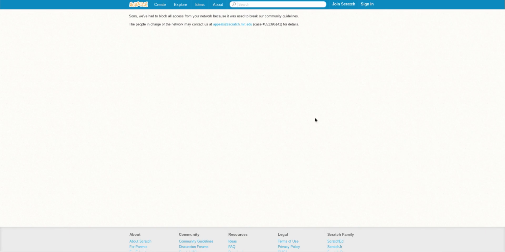Normally it doesn't work at all. It just stays here. So the only way to leave the IP ban is to use a VPN, or you can use the ZenMate add-on.